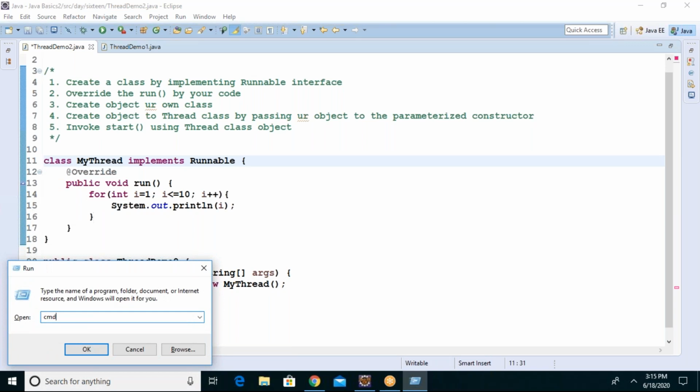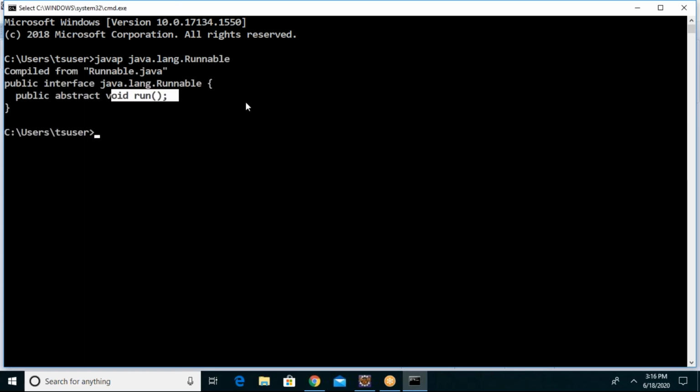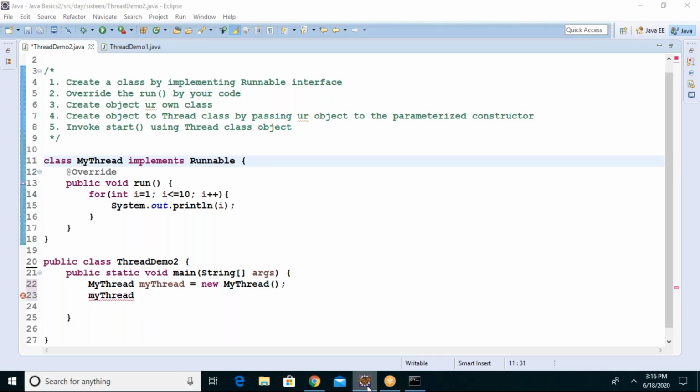For more clarity, let me go and show you java.lang Runnable interface. See how many methods are there? Only one run method, right?